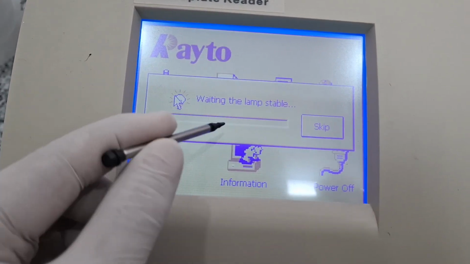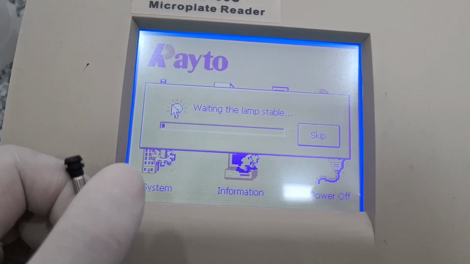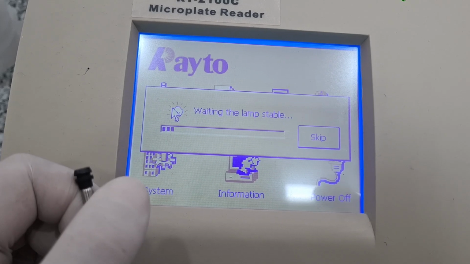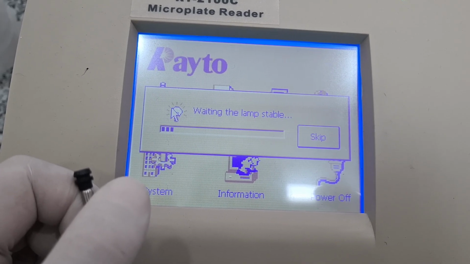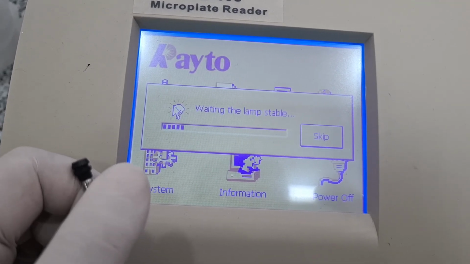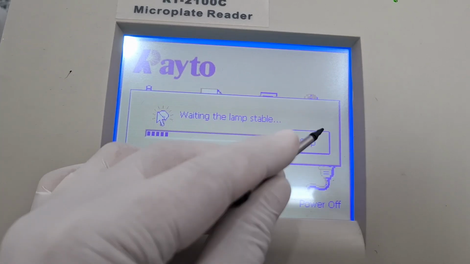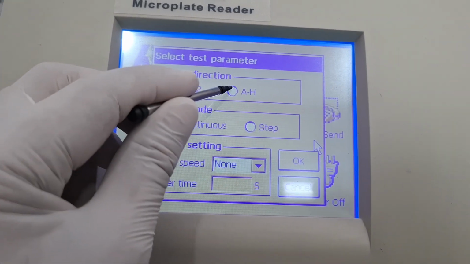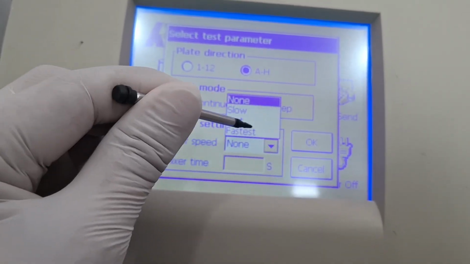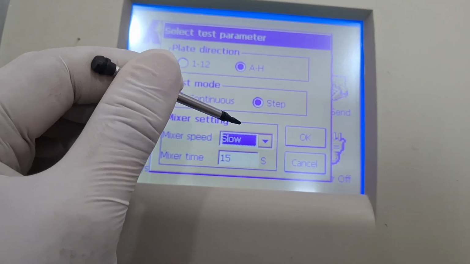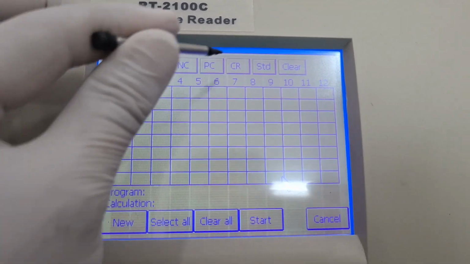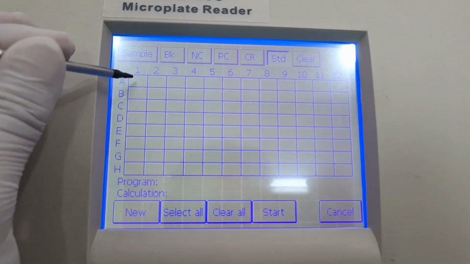For the test, wait for the device to stabilize, or you can skip this for now. And the plate direction is A to H and it is stepwise. We'll mix it on slow, 1 second. Okay. Then we'll set the standard by going to the standard and we'll select